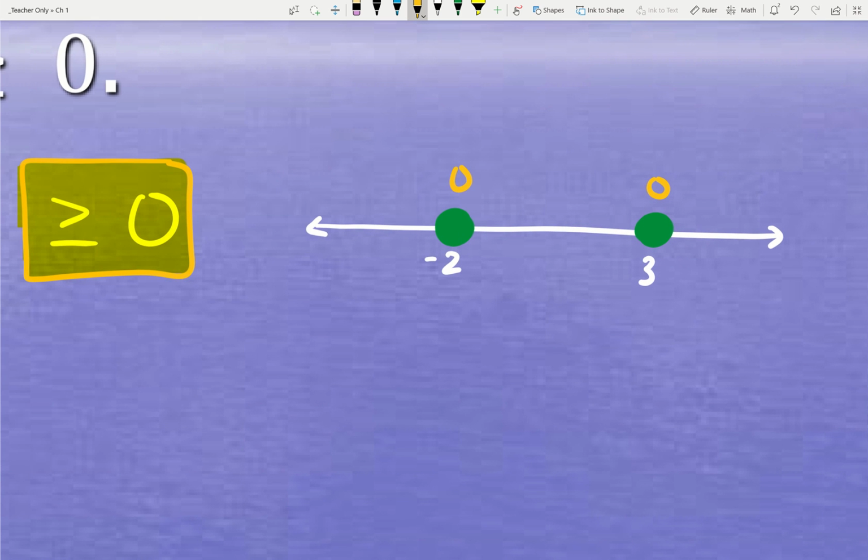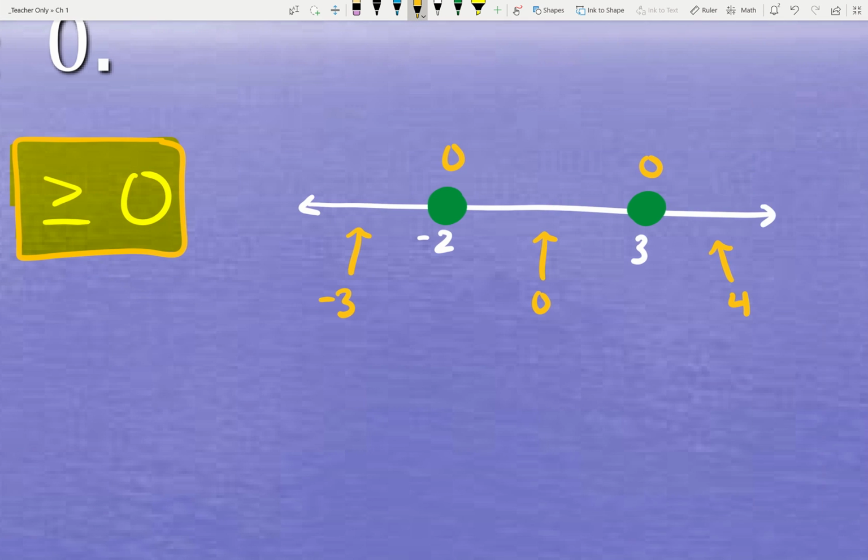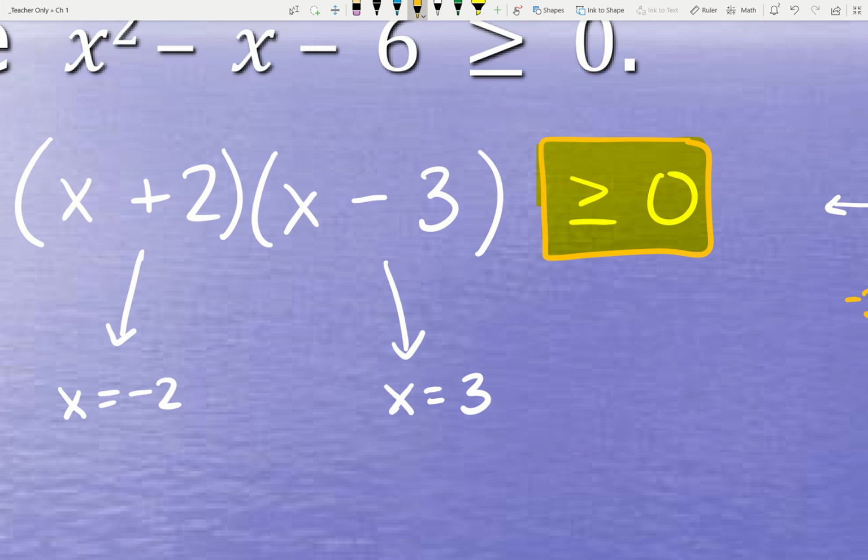Picking some test candidates from each region. Again, picking 0 wherever that lives, that might be in the middle region. Pick whatever you want for these other two regions. Just keep it simple. How about negative 3 and positive 4? These are values that we're plugging back into our factored form, and we're going to see about the sign of those. So if you plug in negative 3 into your factored form over here,